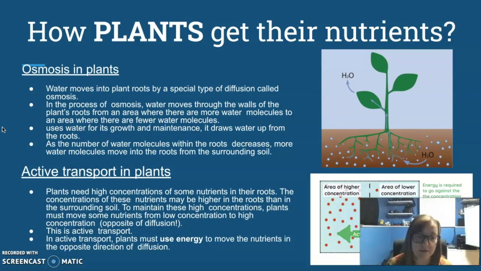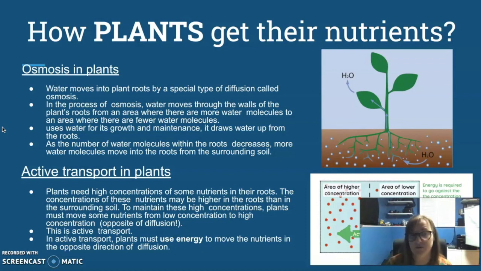Osmosis is very similar to diffusion, and you will actually spend a lot more time on osmosis when it comes to grade 10, and I think you also did it in grade 8, talking about movement of water. So osmosis is diffusion, so it goes from a high concentration to a low concentration. It takes no energy, it's a passive process, but it has to be water, and it has to travel through a membrane. So osmosis is diffusion of water through a membrane.